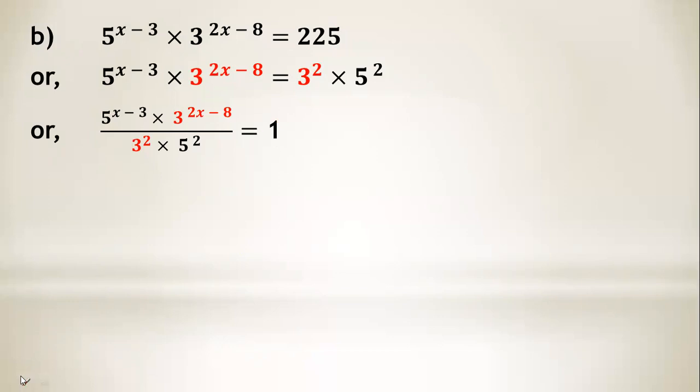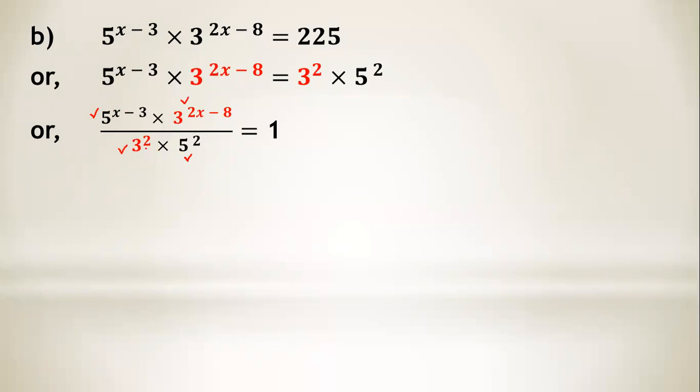Now if you see the left hand side terms, there are so many terms, as you can see here also. But now precisely seeing, there are base 5 containing terms in the numerator and also base 5 in the denominator, and there are base 3 containing terms in the denominator and also base 3 containing terms in the numerator. Yes, now again we can use the idea of quotient law. So when we use the quotient law, the denominator terms will go to the respective numerator terms, and by changing